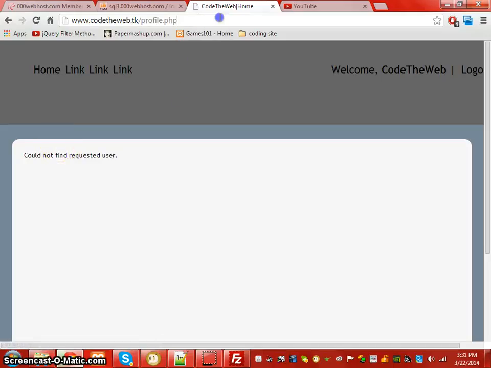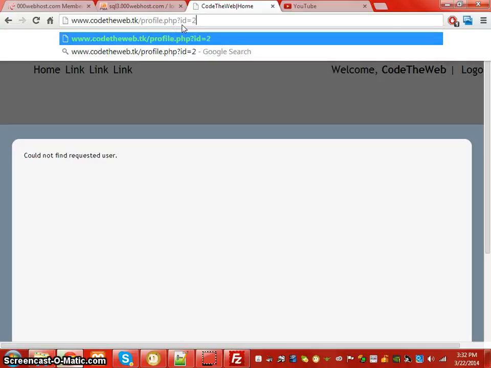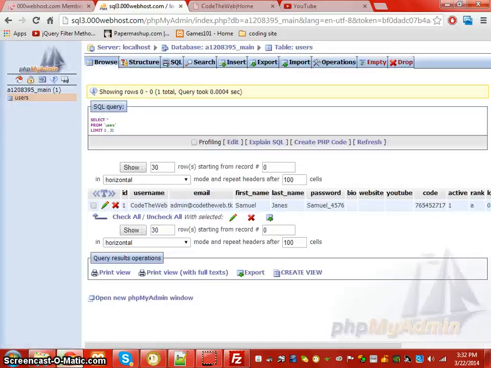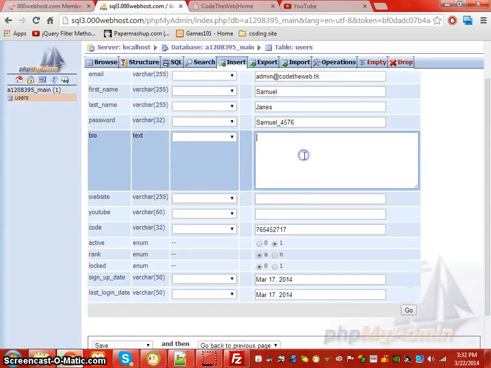It says could not find requested user, which is due to the ID equal to 2. 2 cannot be found, but if we do 1, it says all of this. And if I were to put in a bio or a website or a YouTube, which I'll go ahead and actually do, so bio, hi, I am the site